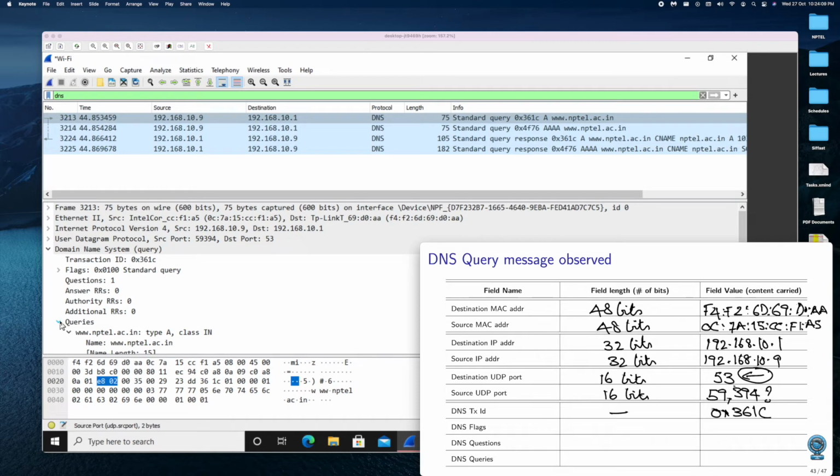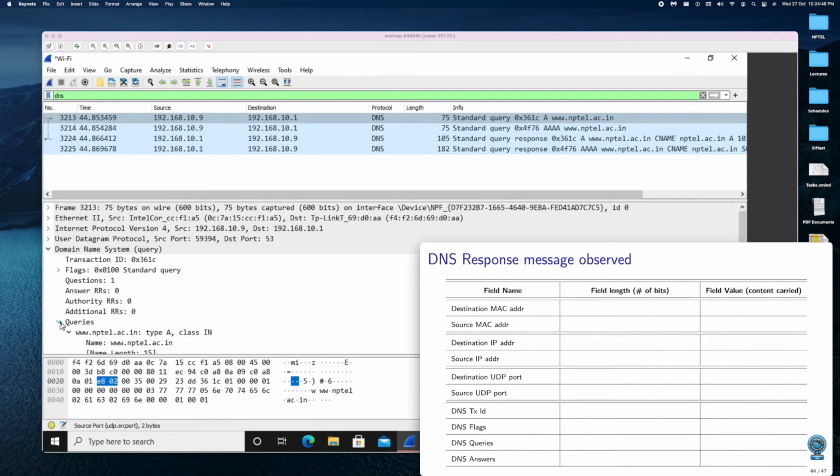Likewise, they have asked us to note down the flags, and the flags also I'll leave for the users to find out, along with the length. It is 0100, and the DNS question. You can see in the queries there is basically only one question, and in the queries we can see that we had typed in nptel, and it had forced our ping command to call the DNS client, asking for the IP address of nptel.ac.in. That's the reason this packet was generated.